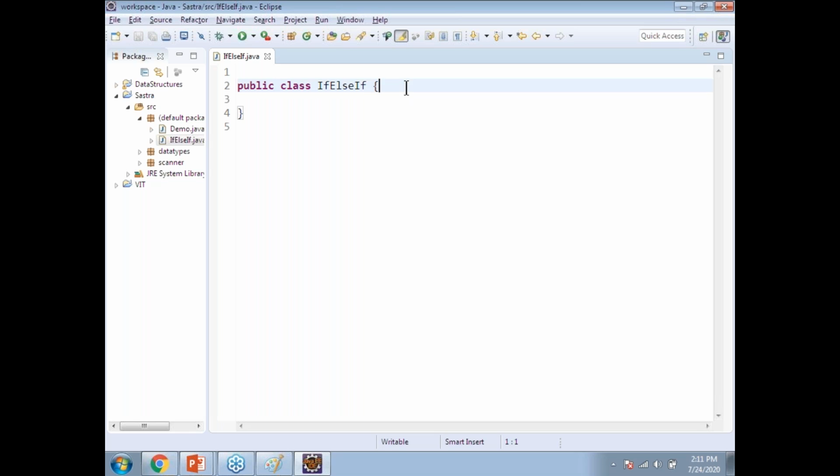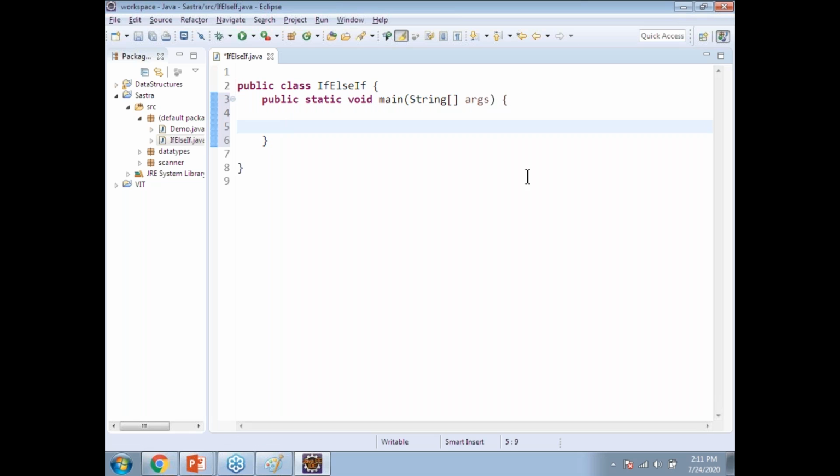I have created a class. Class name is if else if, with a main method. We use if else if for multi-way decision making. Yesterday we saw one example for multi-way. Depending upon the total marks, I have to calculate the grade. If it is greater than 90, I am giving A plus. If it is greater than 80, I am giving A. If it is greater than 70,